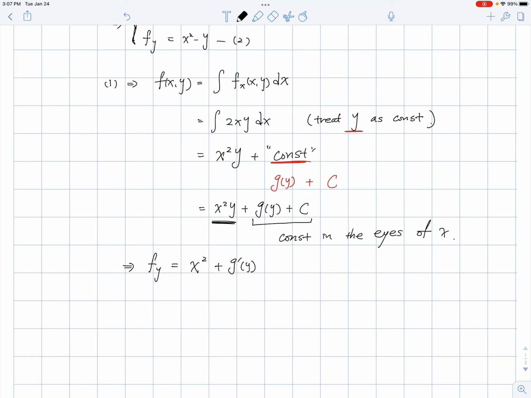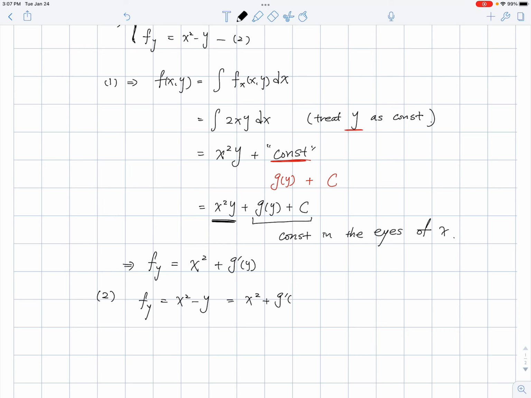Okay, so this is the partial derivative ∂f/∂y you get from solving the first equation, but then from the second part of the equation you also have ∂f/∂y equals x squared minus y, right? So then you know these two should be the same, so you can set up